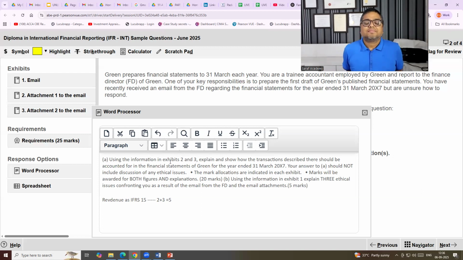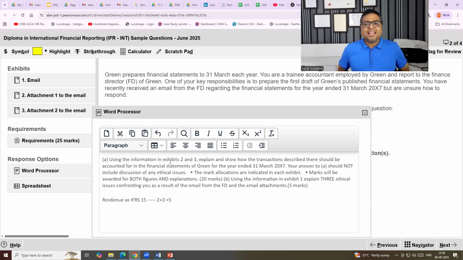Does it have to be in plain English, or do we need to use technical words? If it involves some technicality, that needs to be used. It's plain English, but wherever, suppose you said IFRS 15 and you want to say that this will be the revenue, you need to give technical aspects: why it will be treated as revenue, what the accounting standard is saying. While we are writing the technical words, do they have special marking, or is everything treated the same?